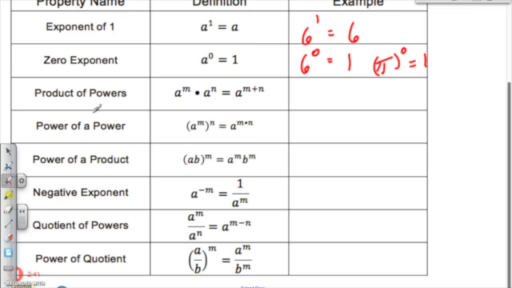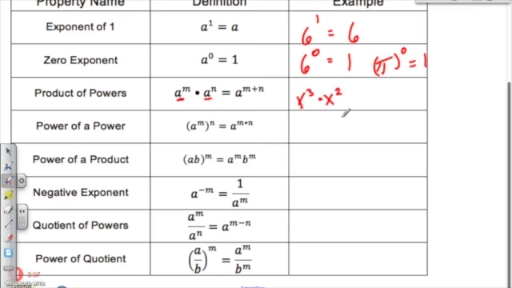Right? The next one we're going to talk about is product of powers. Product of powers is when you have two exponents with the same base. It's very important that you have the same base. If it's the same base, then all you have to do to combine those two is add your exponents as shown here. So what that would look like is if you had x to the 3rd power times x to